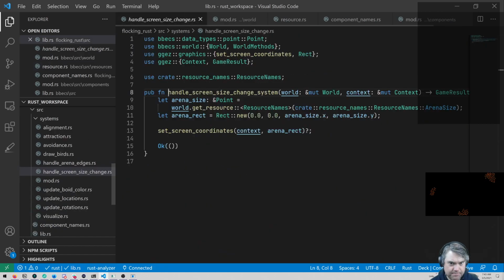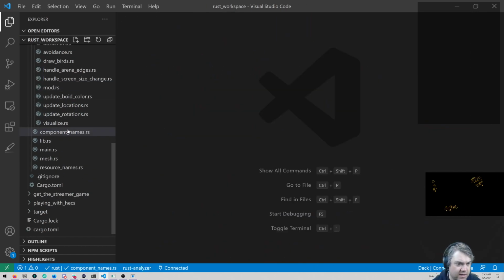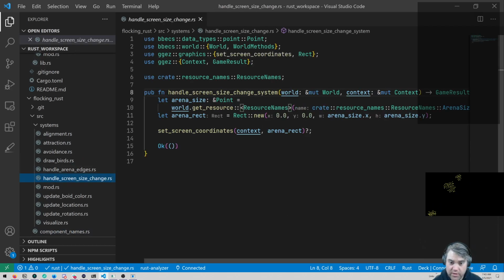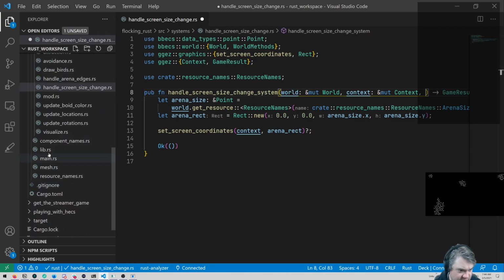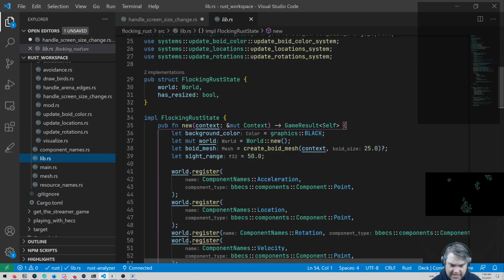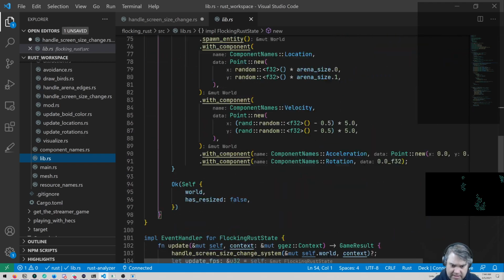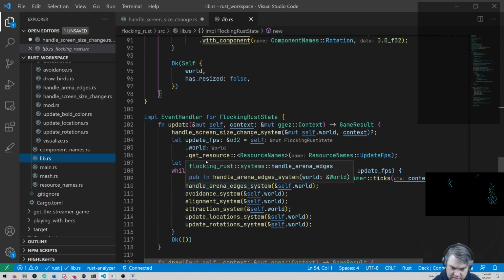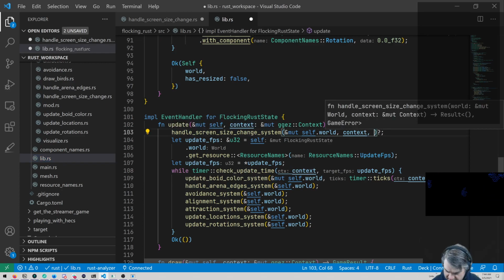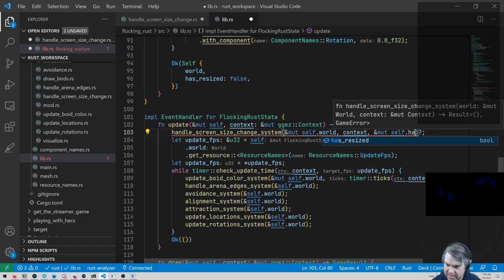I want to fix the handle screen size change. So whenever we do the screen size change, I think it's a has resized bool. So I want to basically in update here, pass has screen change to the system. Let's mute self dot has resized into there.